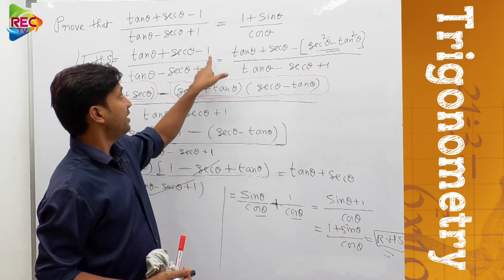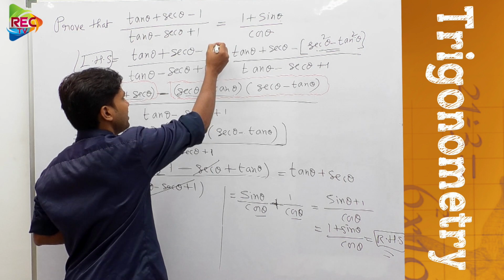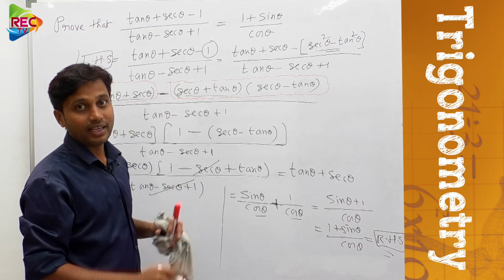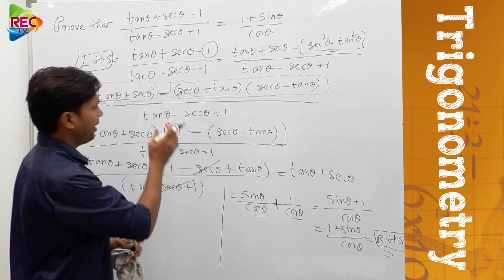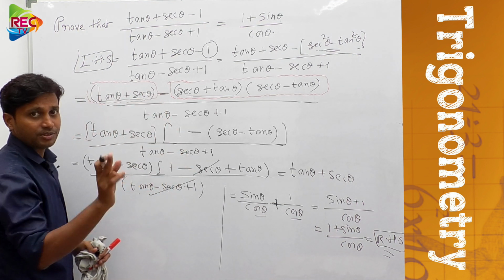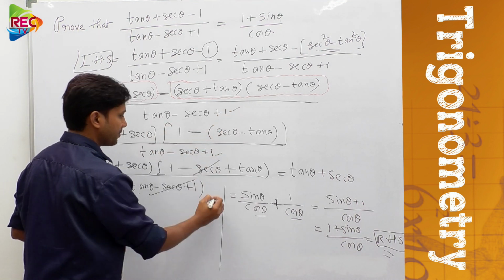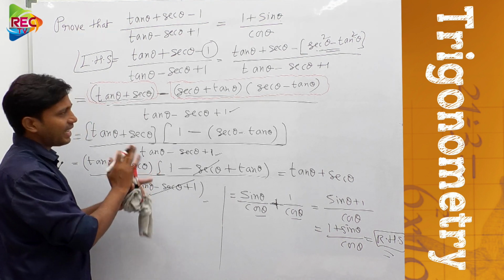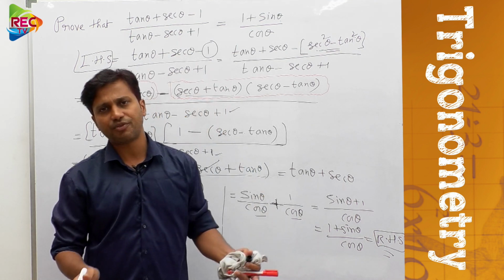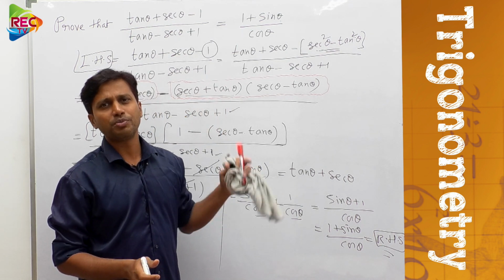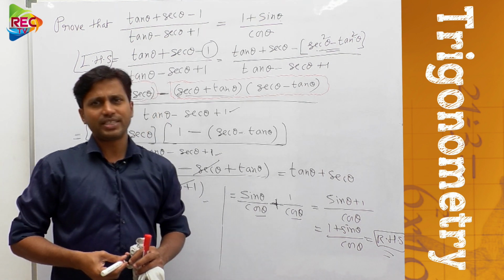How can you think smart here? Here you can consider this one. If you catch hold of this one, just focus on this one and write that 1 as secant square theta minus tan square theta, the whole problem will be simplified. You can observe carefully that we haven't touched the denominator part. We left the denominator part as it is. We just put 1 equal to secant square theta minus tan square theta and we factorized that further, and just by simplifying the numerator part we got the answer. Okay, it looks like a very clumsy problem, but it's very simple.